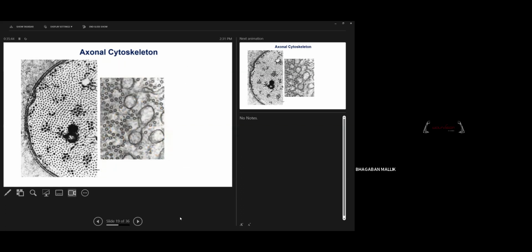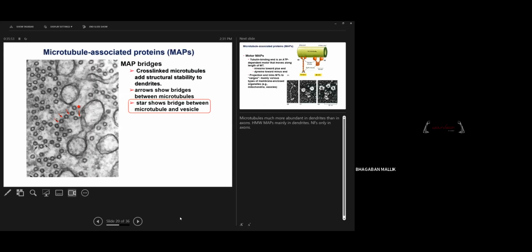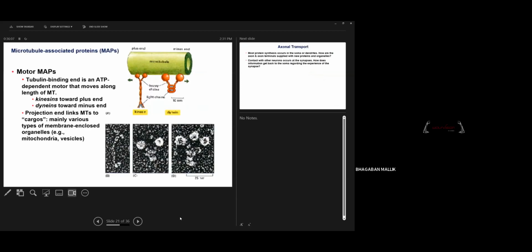So this is the same thing. I'm showing how the microtubules cross-link among themselves to support the axon, or to support the dendrites. The microtubule associated proteins, same thing. I'm showing the cross-linking, they provide support to the growing axon. Okay, so the microtubules